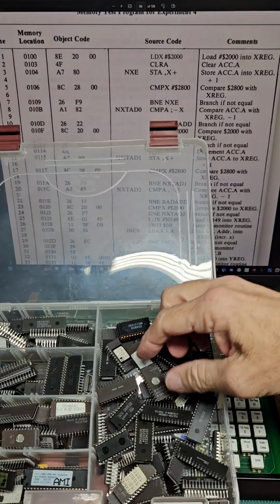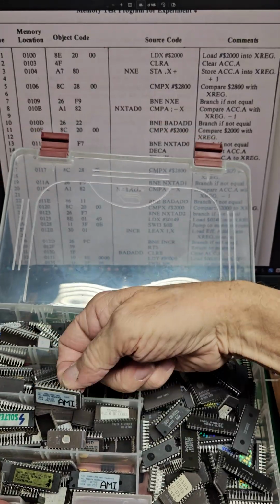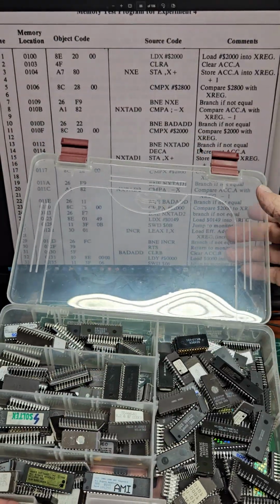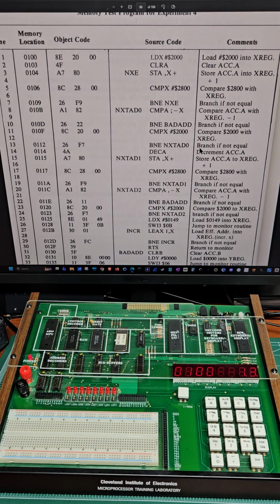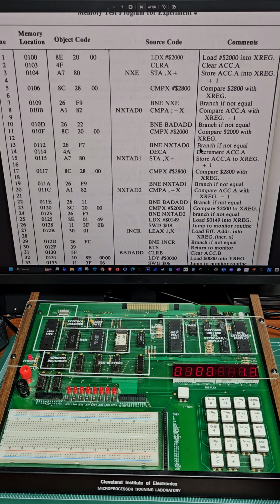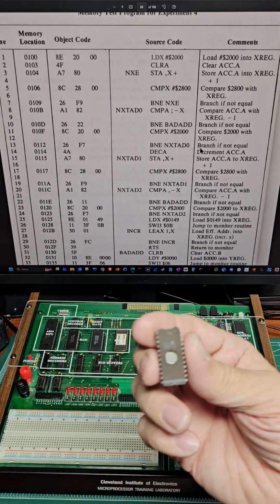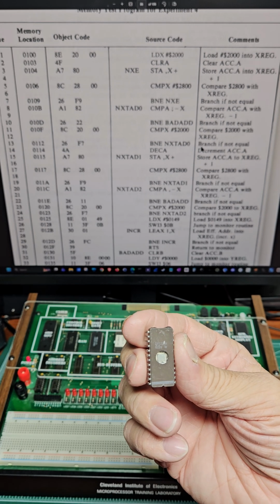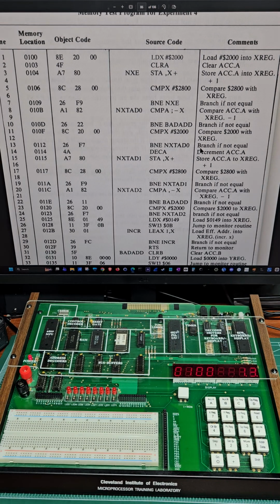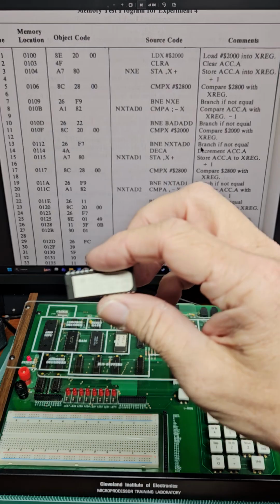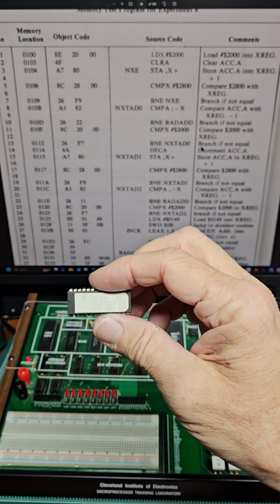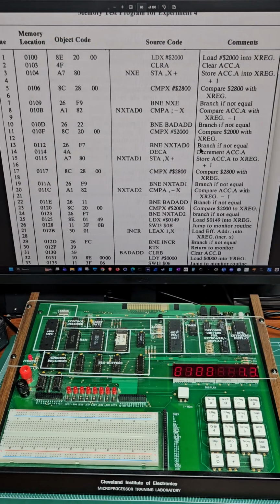So these are a bunch of EEPROMs that I've pulled from PCs from way back when. Most of them, the ones with the windows, are out of luck because those are UV erasable. So I don't want a UV erasable one. I want something I can erase by using electricity instead. So I looked around and I lucked out, and I found some 2864s, which is a